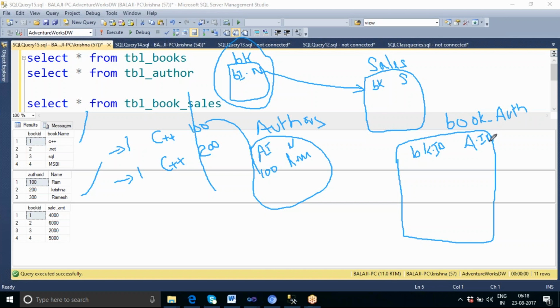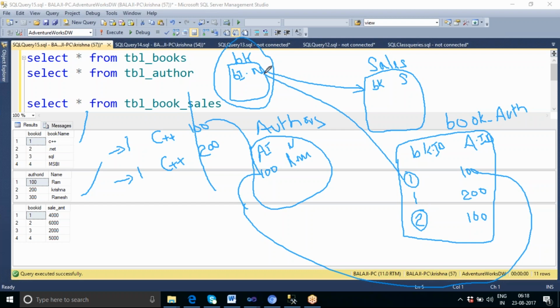In this table, for book ID 1, if it is written by multiple authors, it was written by author ID 100. Similarly, for the same book I have another author, let us say author ID 200. Now how can I get the author wise sales? First of all, I can join these two tables. Let us say author ID 100 is the author for multiple books. I will join on 100 and get the list of books he has written, books 1 and 2.